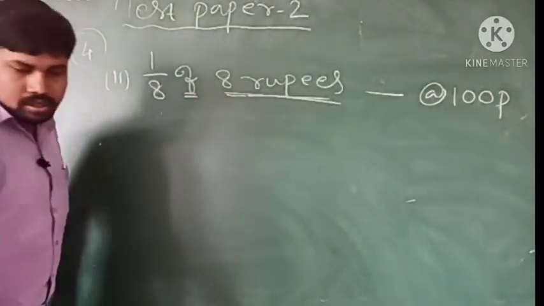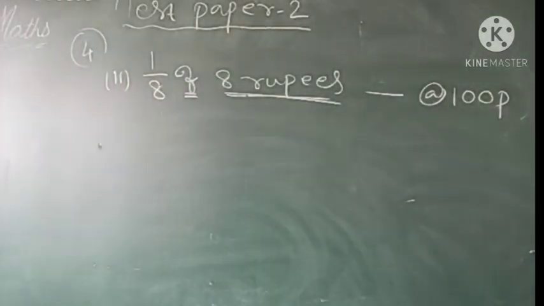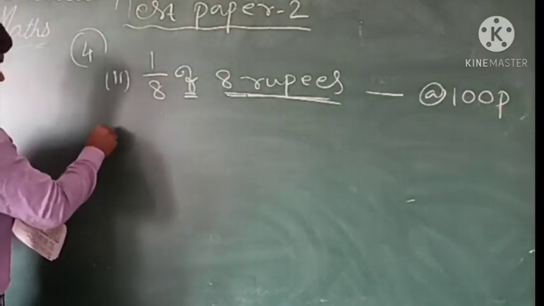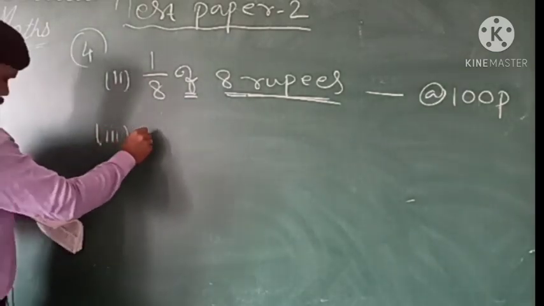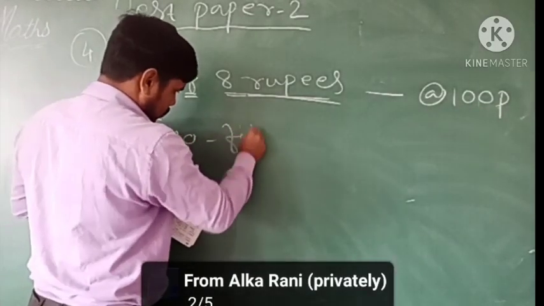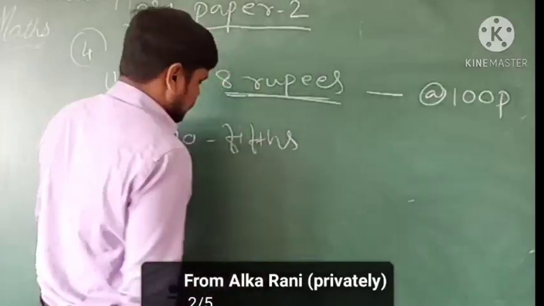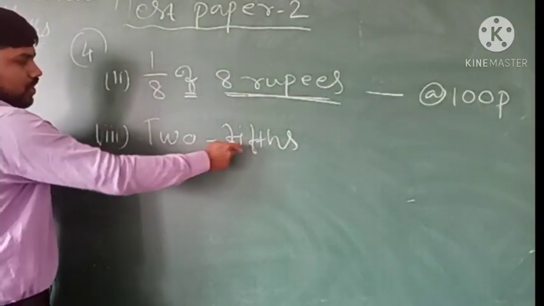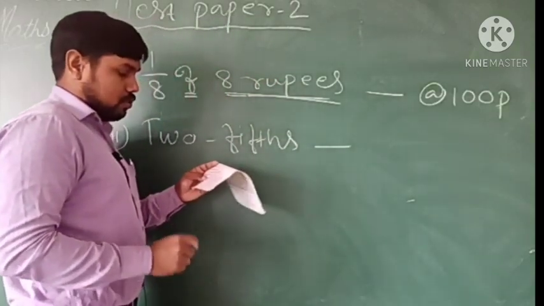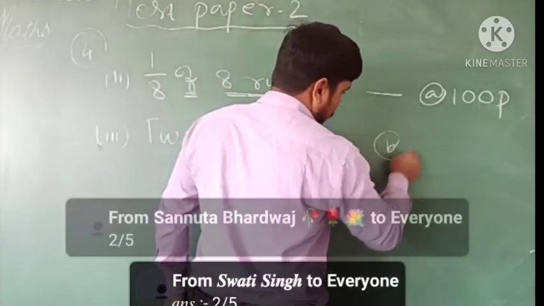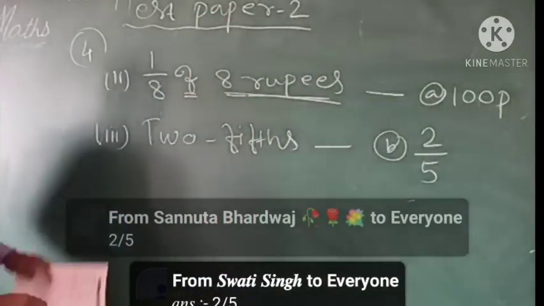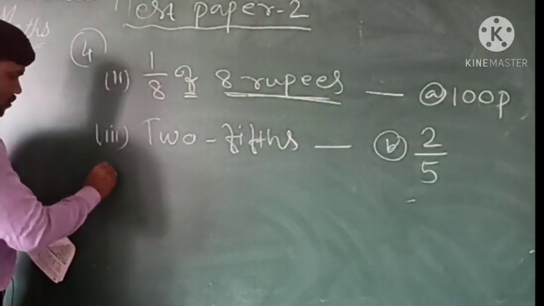Okay, the next which we have is 2/5. So third one is asking 2/5. This is given in words. The fractional number is given in what? So 2/5 means 2/5. So where we have 2/5 in B, this will be matched with B, which is 2/5. Okay, very simple, very easy.